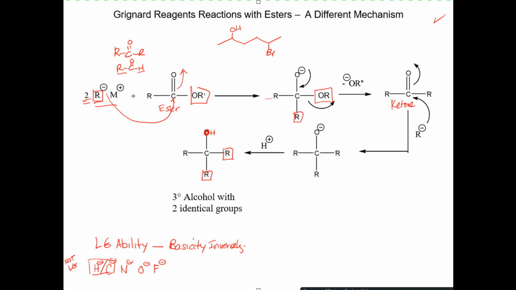So when we add 2 equivalents of Grignard, what happens is we add the first equivalent, the OR group leaves, we reform the carbonyl to form the ketone, then the R minus comes in, attacks the carbonyl, and we form the tertiary alcohol, where now 2 of the R groups have come from the original Grignard. And then at this point, the O minus is trying to bring the pair of electrons, but nothing's leaving. So it's just stuck, it hangs out,